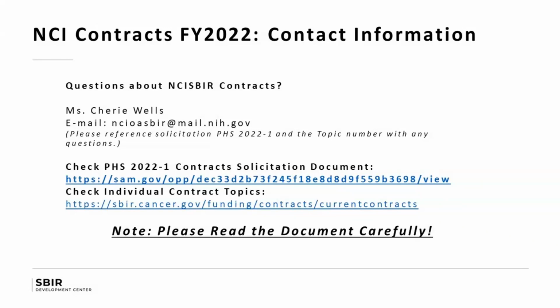I think this next question is about eligibility, Deepa or Tiffany. The question is, is a PI from a university eligible for the contract proposal? So the SBIR rules apply for this because this is an SBIR contract. So the PI has to be greater than 50% employed by the small business. However, a university researcher can be a co-PI